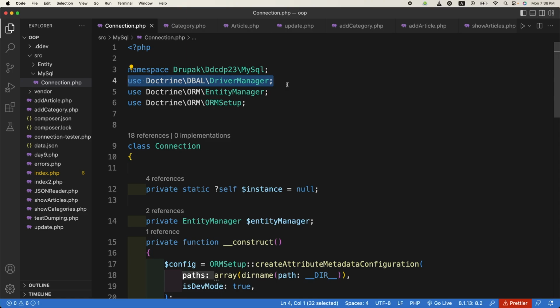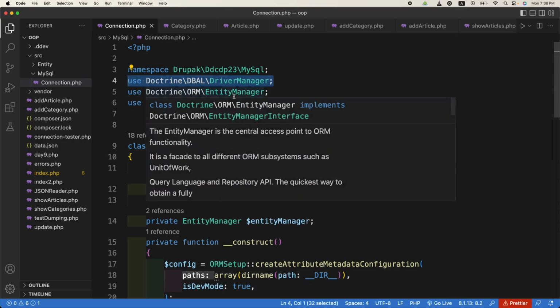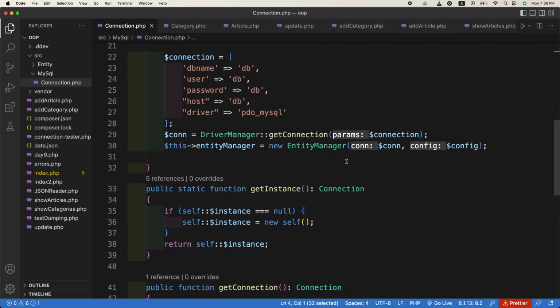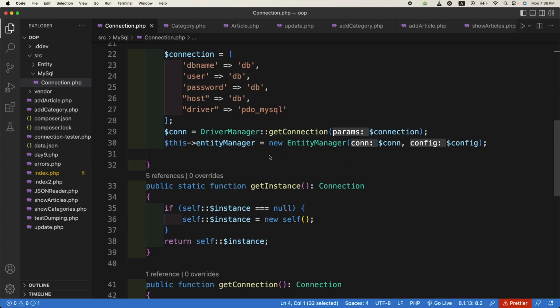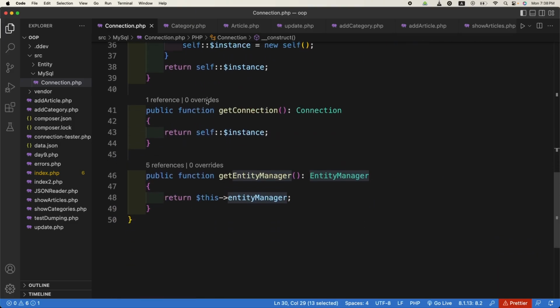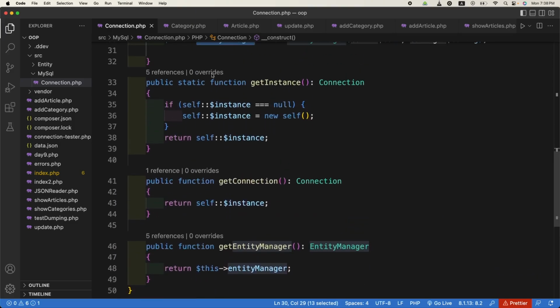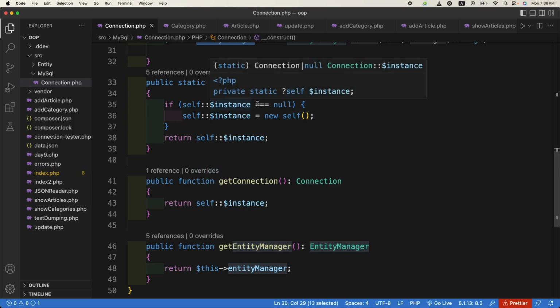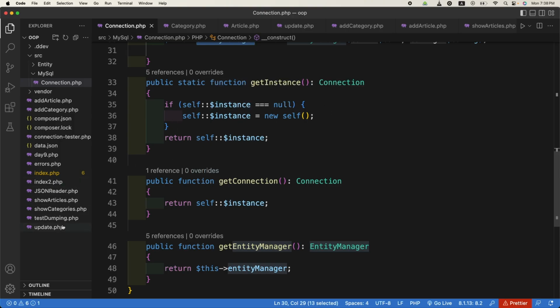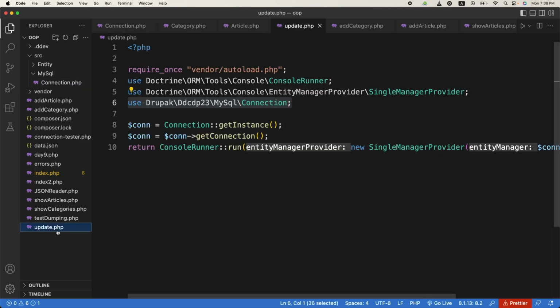For fetching records, it has a property of get repository, and then we can fetch records with this. So we just run this and set the variable as entity manager. We have created get connection, but this is not needed, this is redundant, the get instance is doing it for us. So on pages, for example, in update.php,